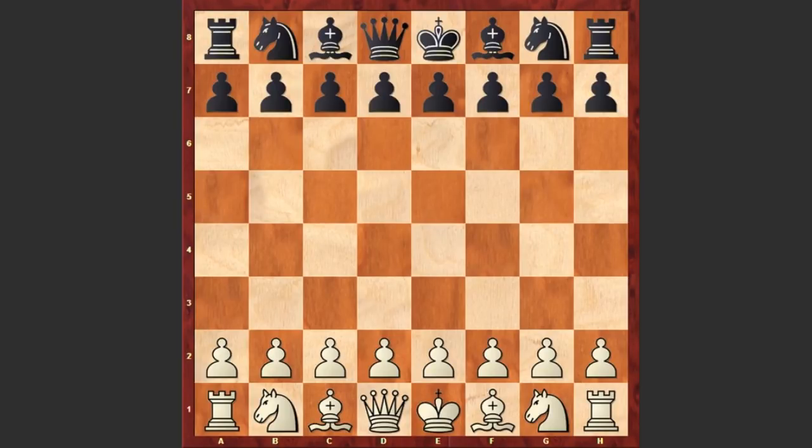Rudolf Spielmann was an Austrian Jewish chess player of the Romantic school. He was known as the master of attack, and his daredevil play was full of sacrifices and beautiful ideas. In this game, which was played in 1906 in Ostend, Spielmann had white pieces and he started with e4, e5